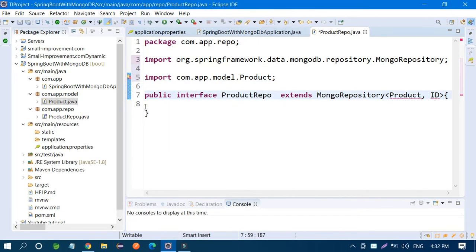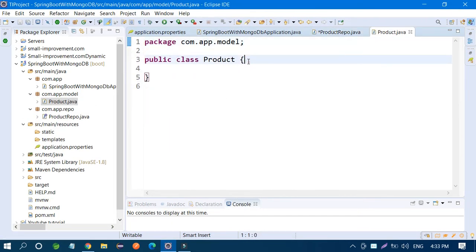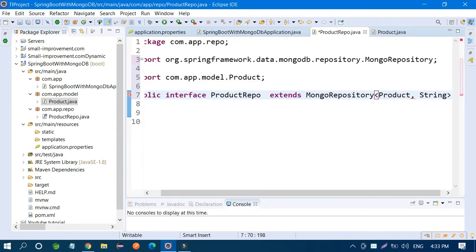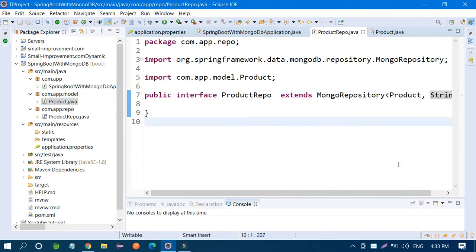Just finish it. So this is the product, and in the ProductRepo you have to pass a String as the ID type. That's it. You don't need to do anything else here. It's completed, just close it.